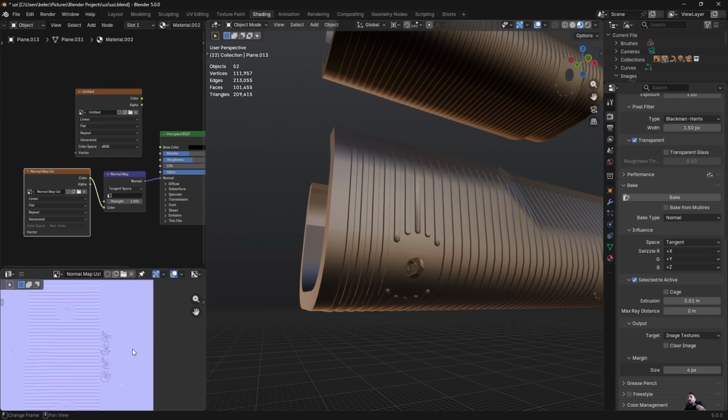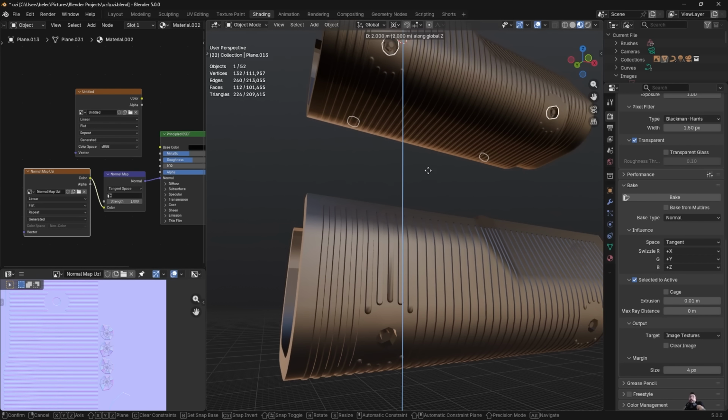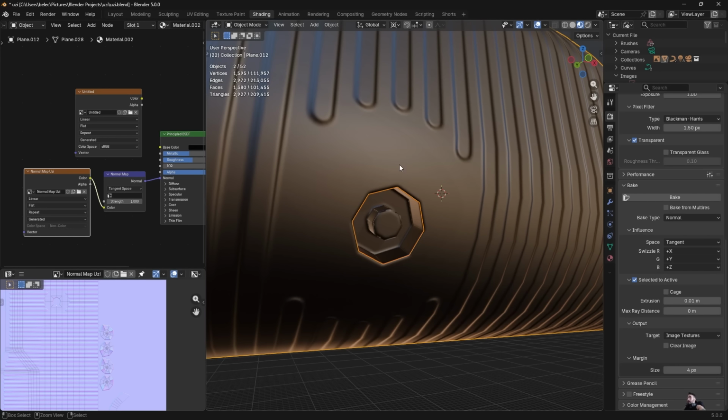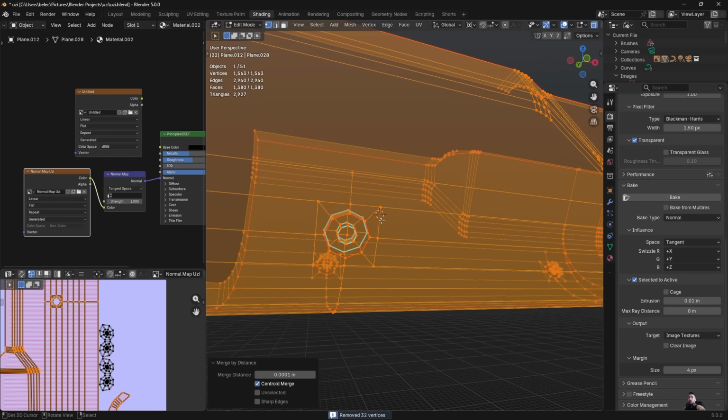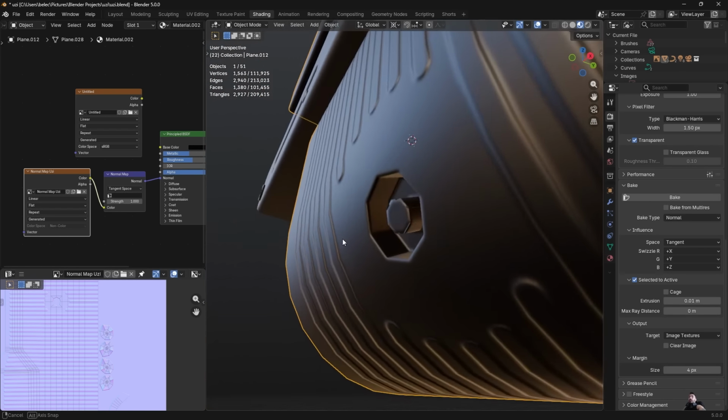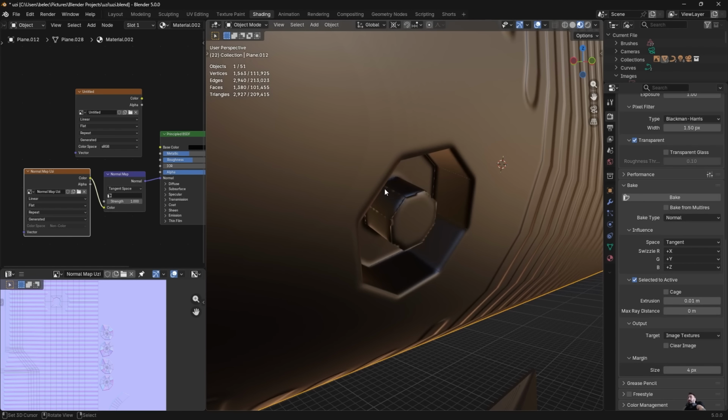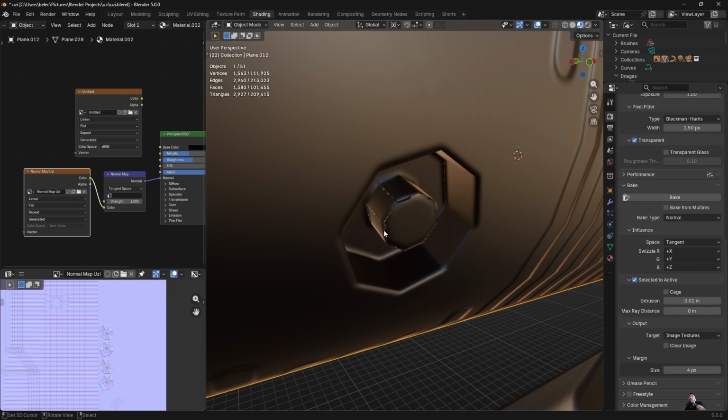We're going to hit bake, and now as you can see, only these parts of the normal map have been updated. So we can select them, we can bring them back up, we can join them back into the same object, merge our vertices by distance, and as you can see clearly that looks much better than before. It's still a little bit rough. If you really need this to look a million times cleaner, then you would bake with an even higher resolution,